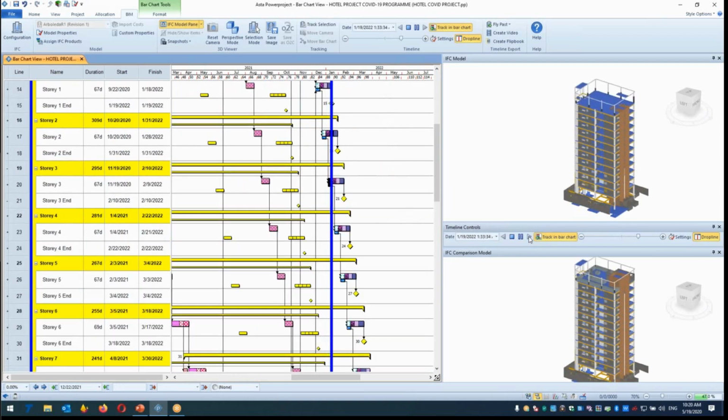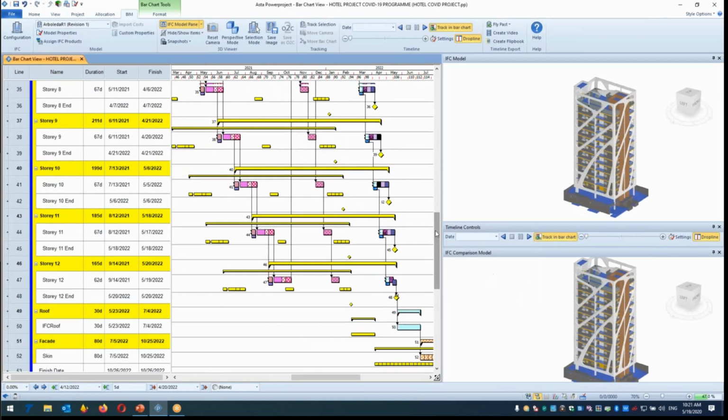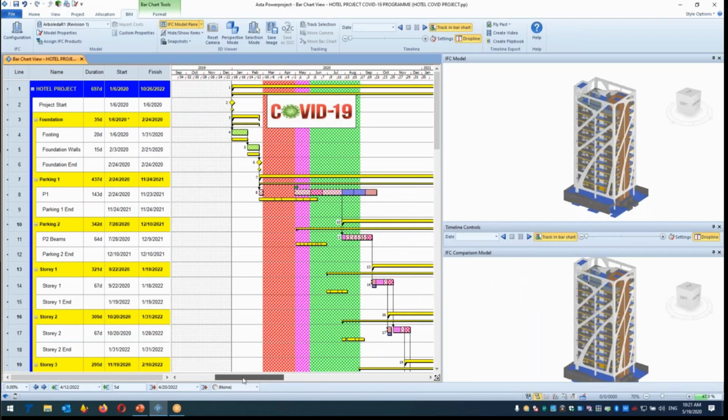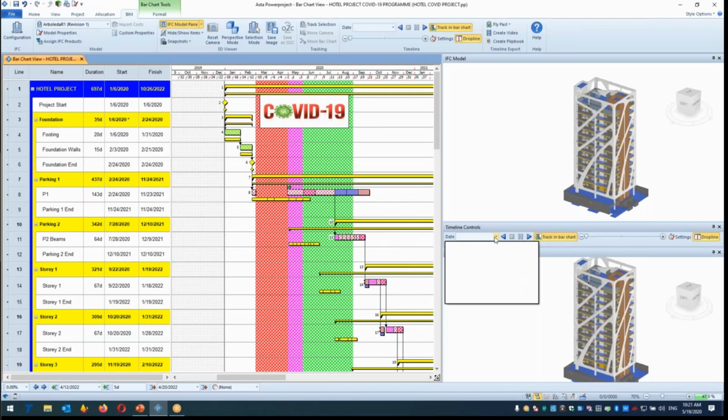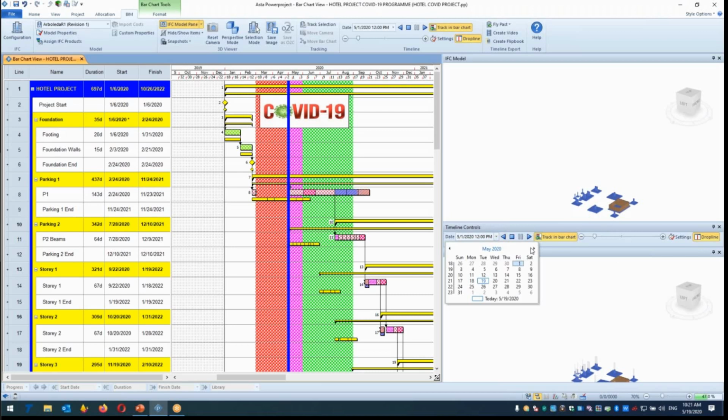We can also go to date, for example. I would like to see first of all the activities until the 1st of March, and my planned versus actual are the same. I would like to see the 1st of May, and you can see that there's a difference between planned versus actual. If you go to here, 1st of June,